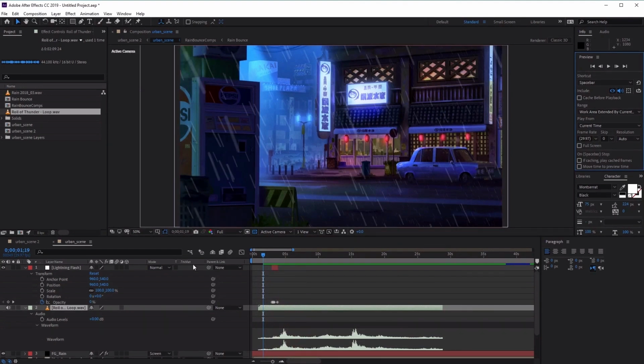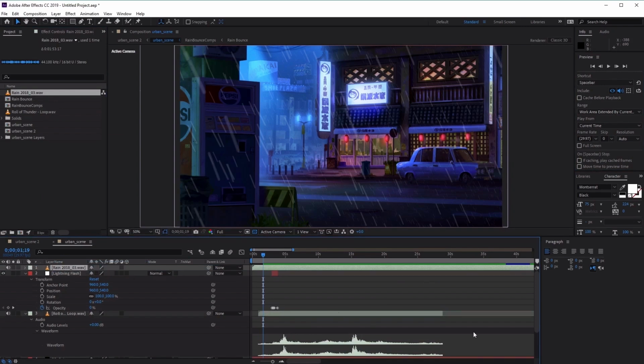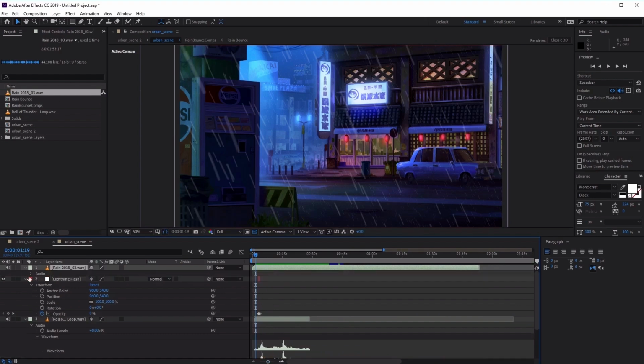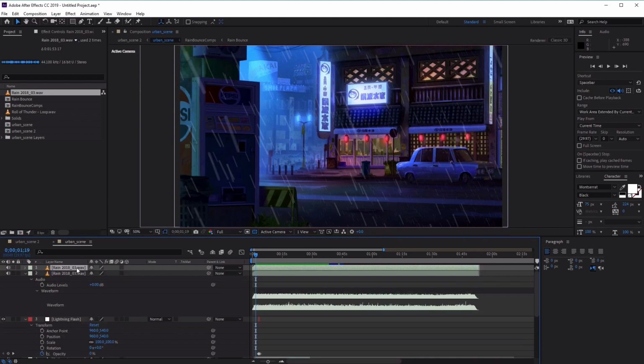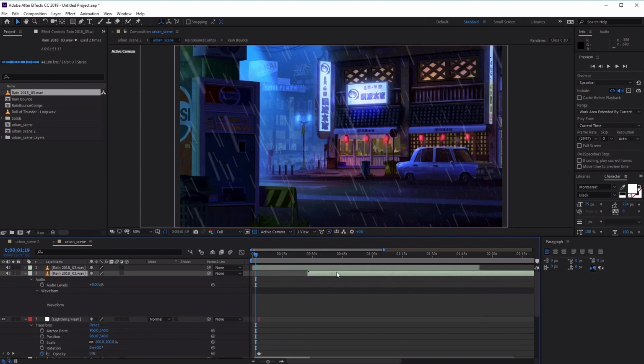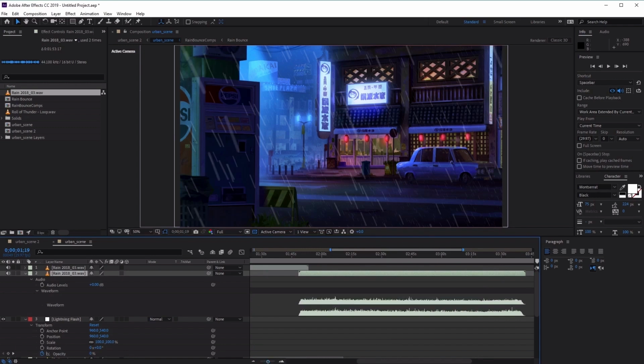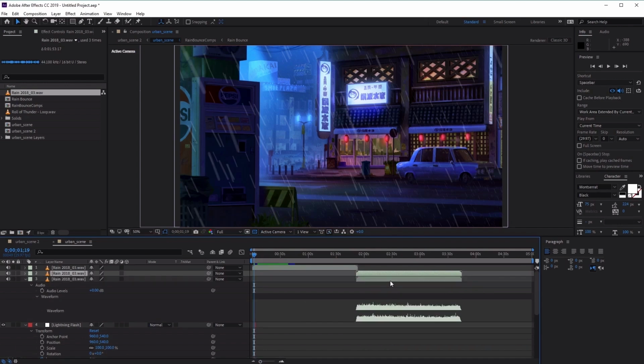Excellent. Now lastly, we can add the rainfall sound effects by clicking and dragging it into the scene, like so. Awesome. Now the last thing that you may want to be aware of is if we wanted to extend the sound effect of our rain, all we have to do is select it, press Ctrl D on the keyboard to duplicate, and then just drag it along the timeline so that it fits our entire animation. So you can see how we need to create a couple more,